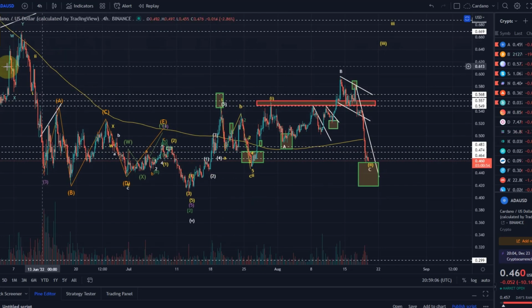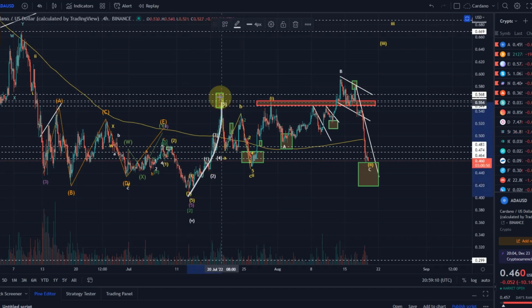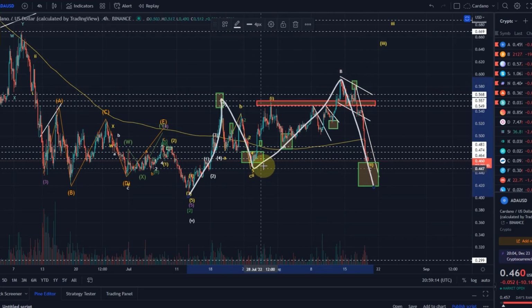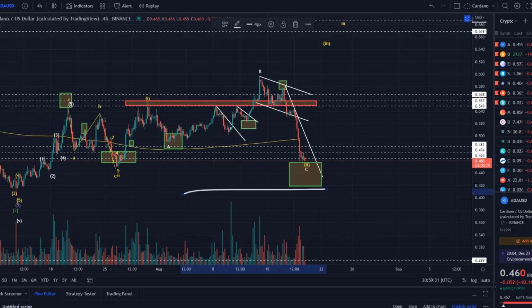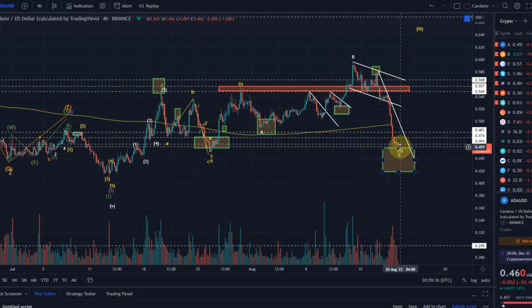The other scenario would be this one, that we made a wave 1 here, then a wave A down, a B up, and a C down. So basically taking out another one-two setup. I think that is even more likely. And in this scenario, we have seen here this reversal area, or we can define this reversal area. To be honest, I think this is more realistic given where we are now with the price.